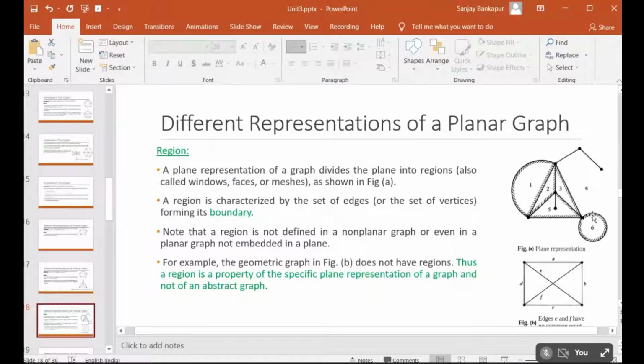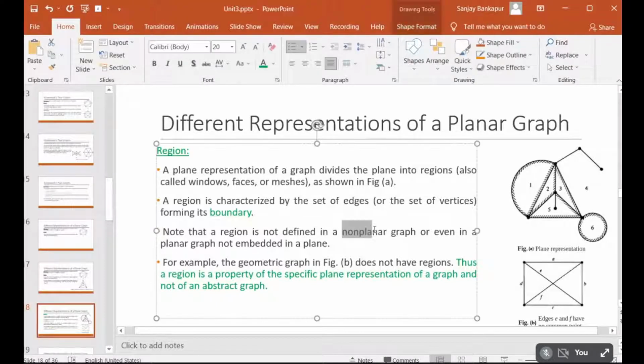which can be drawn on a plane or embedded in a plane. Okay. Note that a region is not defined in a non-planar graph. As simple as that. That was the next point. A region is not at all associated with a non-planar graph, or even with a planar graph which has never been embedded in a plane. There is a planar graph, but it has never been embedded in a plane. For such graphs also, there is no concept of regions unless the graph has been put onto a particular plane, a particular representation. Then only are regions